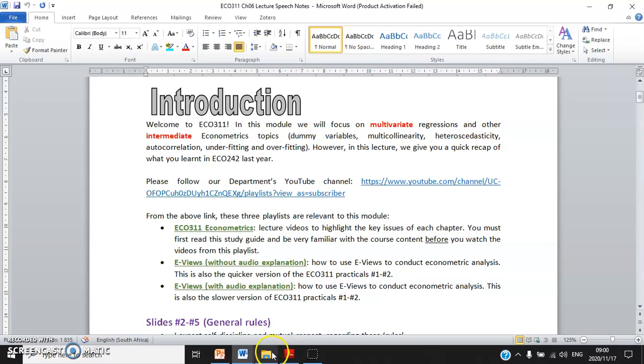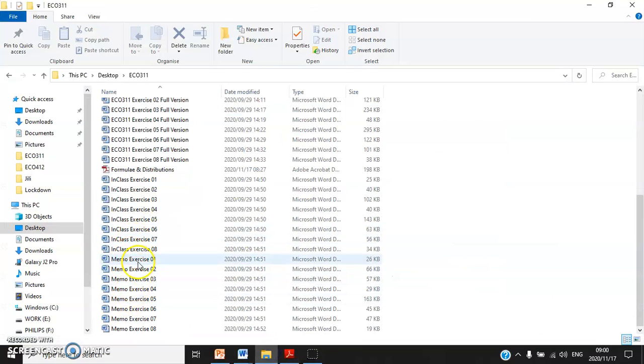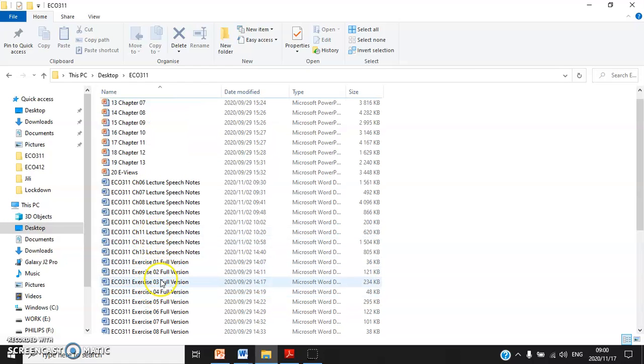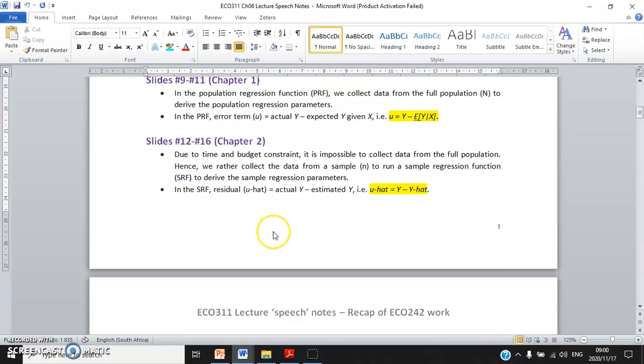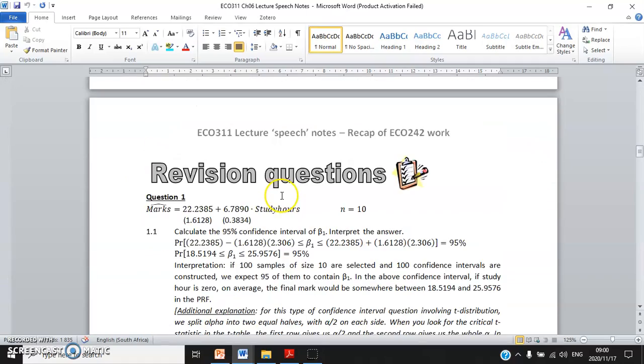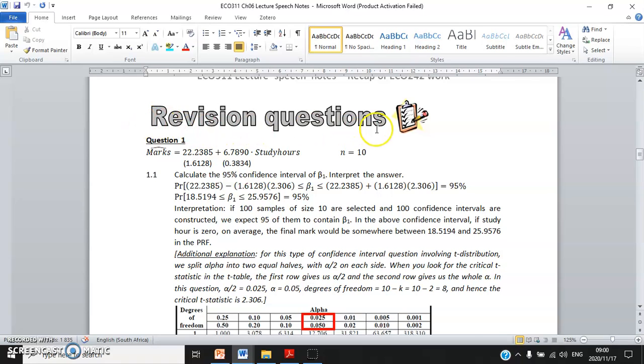For this module, there are a lot of in-class exercises, and for some questions, I provided you the memo answers, and for the other questions, I discuss in detail in the study guide. So for the first chapter, we will do a quick recap of the ECO242 work. Please go through the study guides, and you are going to see a lot of revision questions in the study guides,